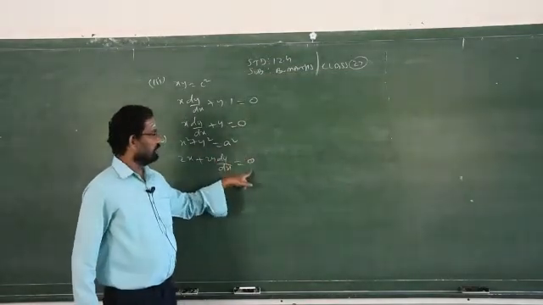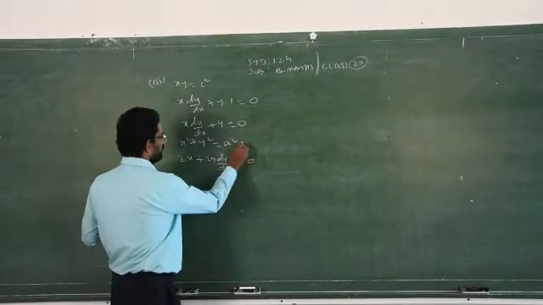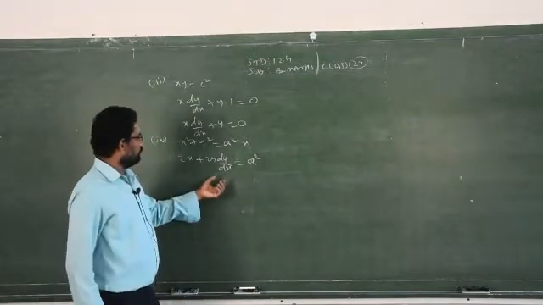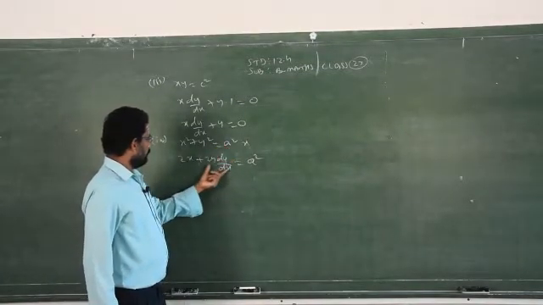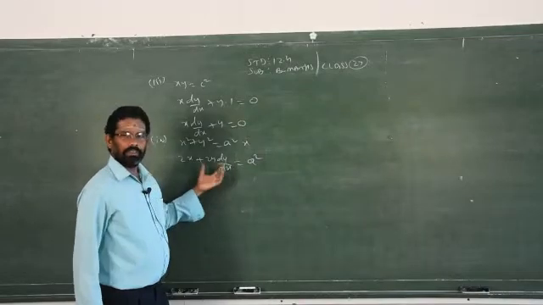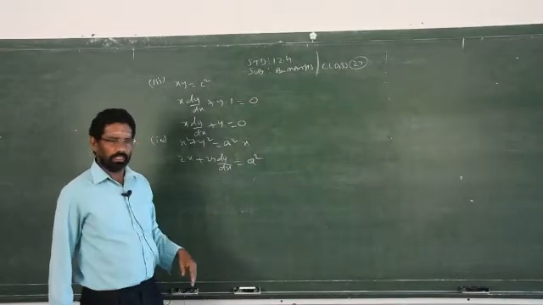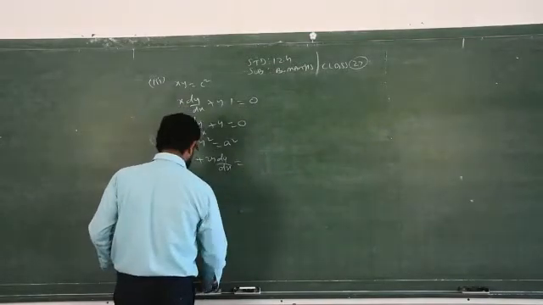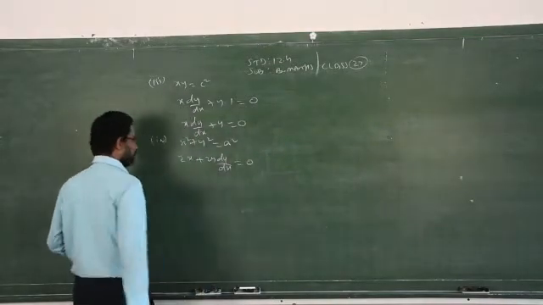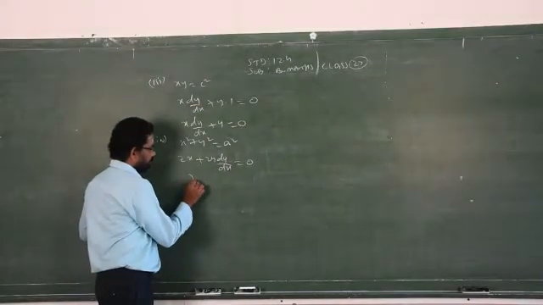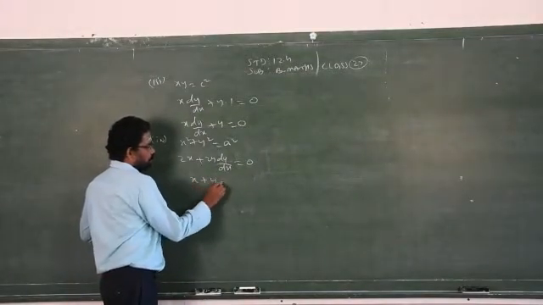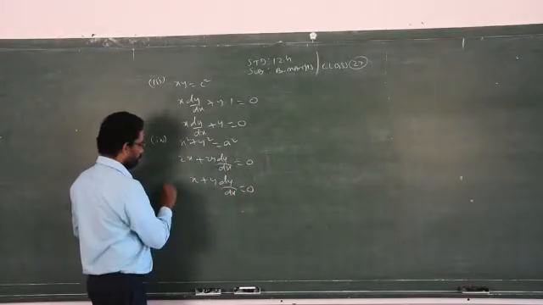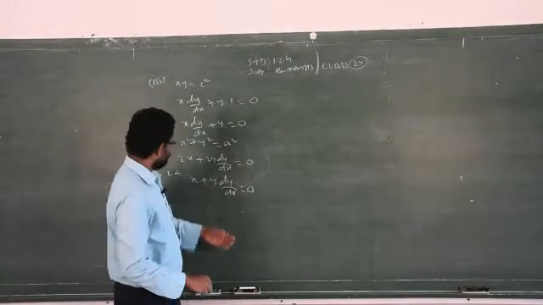If there is, for example, an a square, then you have to replace a square by the entire answer, and then simplify, and you will get the answer. Clear? Here it is not given like this. We eliminate the constant straight away by differentiating. Therefore, your answer is x plus y dy by dx equals 0. Divide everything by 2. Clear? You will get the answer.